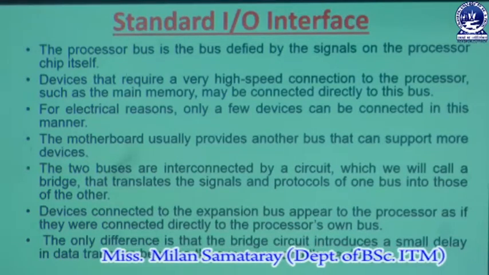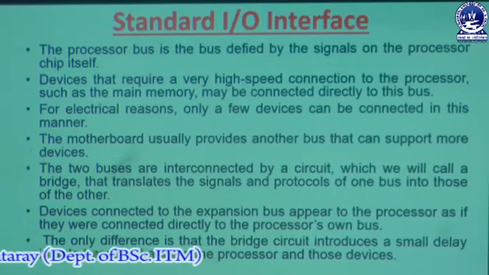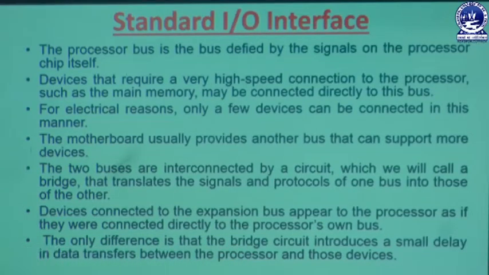So there may be some device which is connected to the processor which needs a high speed connection. Let's say that device is our main memory. So this type of device has to be connected directly to the bus. For electrical reasons, only a few devices can be connected in this manner. If we connect all the devices to the bus directly, then the bus may be overloaded. So to avoid that, some devices which need high speed connection have to be connected to the bus directly,